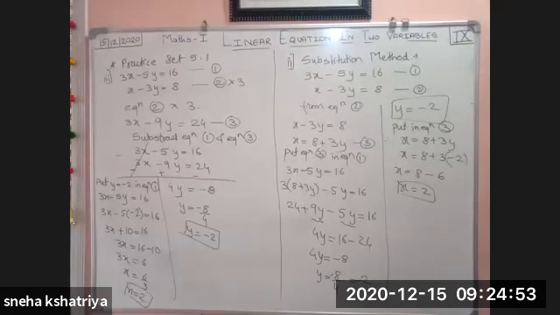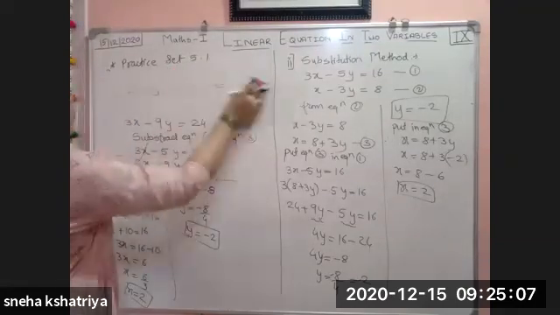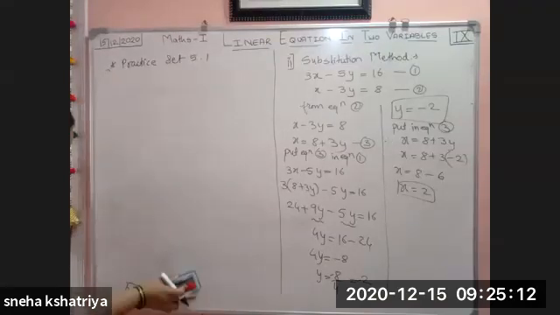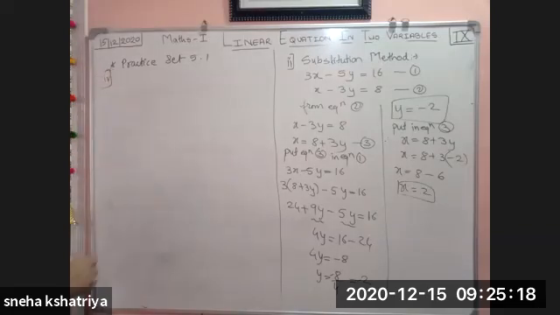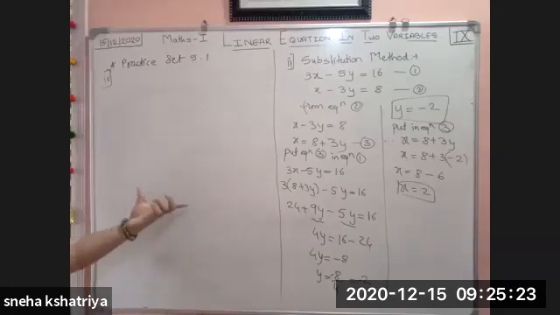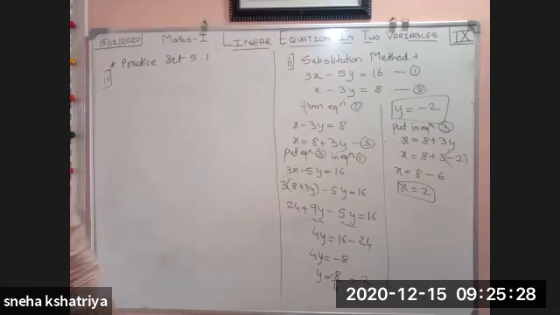I hope you are understanding all the examples because this is very easy. You just adjust them and calculate. Just calculations are there, nothing else. So we will see the next example now. Question number 4. If you want to take down the screenshot of the answers, you can, or if you have your notebook and textbook with you, you can write down simultaneously with me all the solutions also. Let us see the next example.